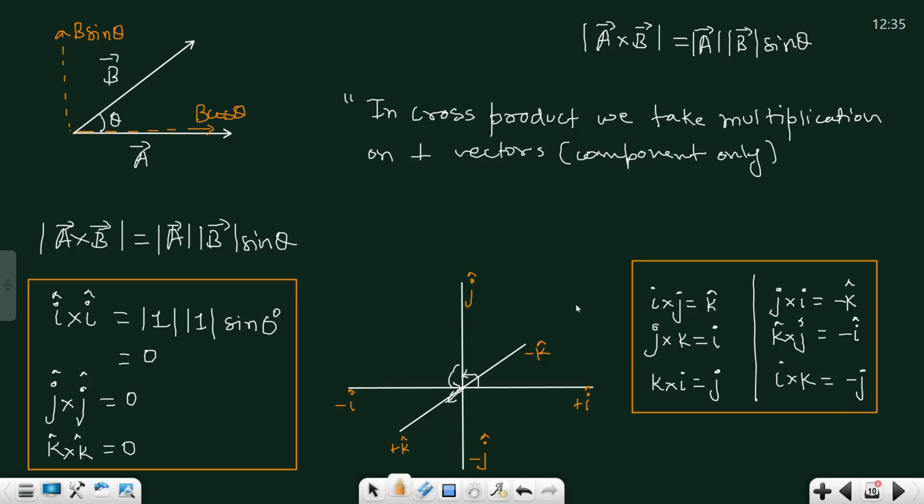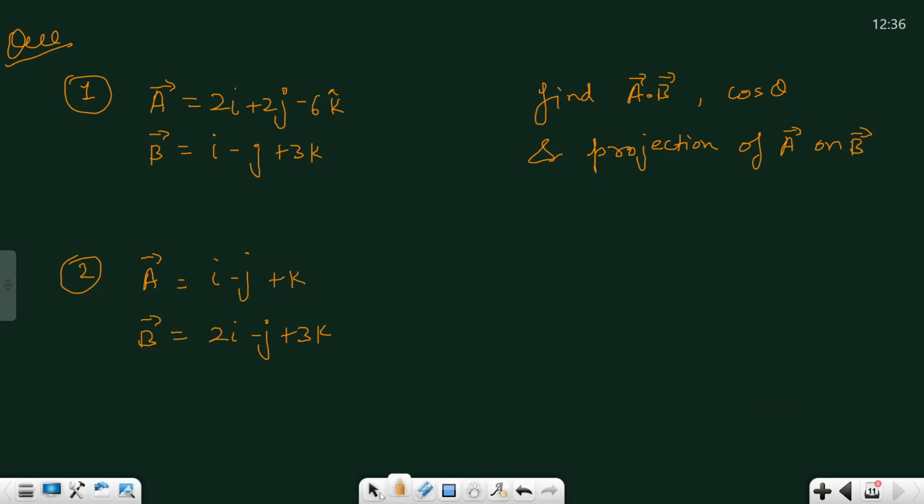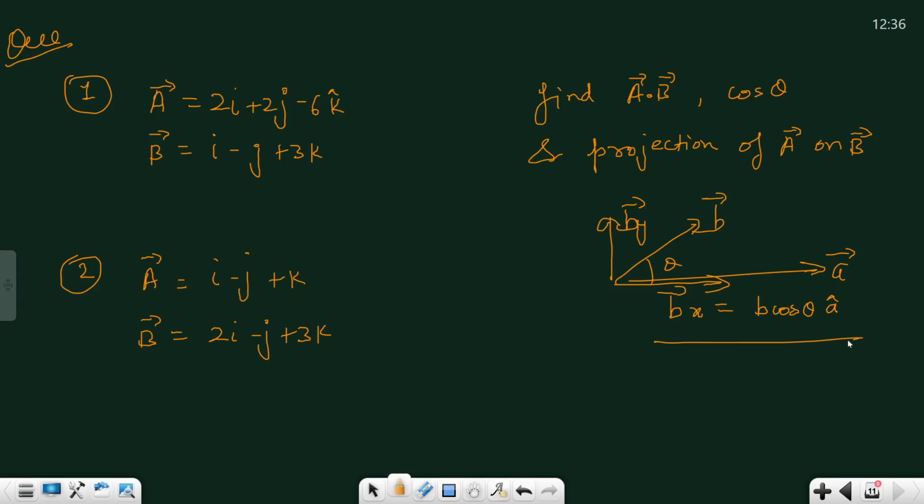मुझे समझ नहीं आया? You have to calculate projection का मतलब है, this is B vector, having one component Bx this vector and this By this vector. So you have to calculate Bx if A is along this. So Bx will be B cos theta in magnitude and the direction will be along A, so you just need to multiply with the A unit vector. Clear? If I am talking about the projection of B on A, okay,